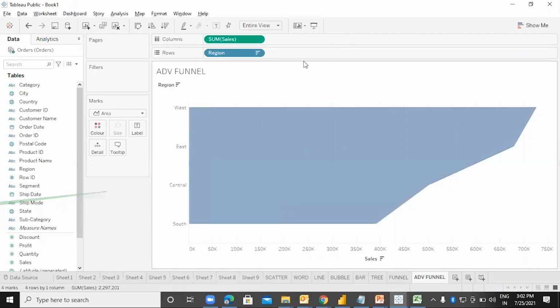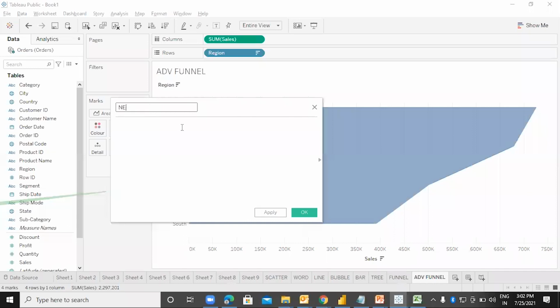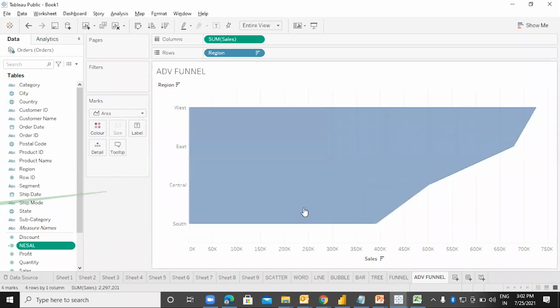Now I want the other half of it. Other half of it means before zero. Before zero means negative. So I have to create a mirror image of it. So to create a mirror image, I need to create a calculated field. Creating a calculated field as negative sales. I will say negative sales. Say okay. And I'm getting the negative sales over here.